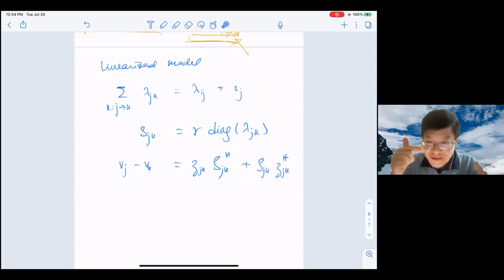Within each iteration, you may have to solve an optimization problem, and you can solve that optimization problem also iteratively. So there's an outer iteration and an inner iteration for every outer iteration. But in a single phase case, because of the quadratic structure of your power flow equations, you can actually